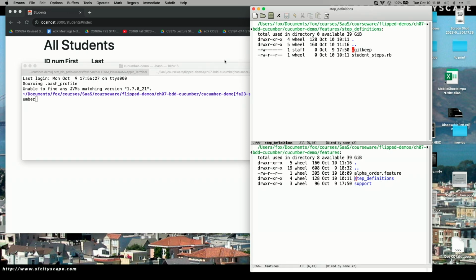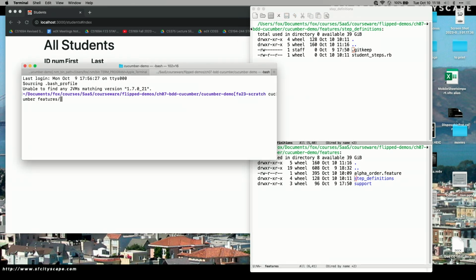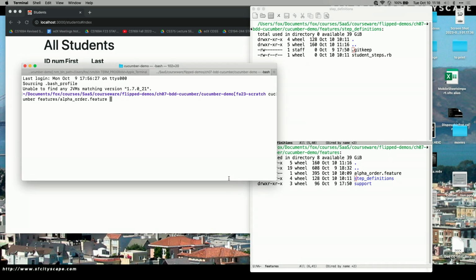And in terms of the features, I can run a specific feature if I want, or I can just say Cucumber with no arguments, and it will try to run every feature in order and log all the results. So for a really simple demo, we're going to try to get this one feature to work so that you can see the moving parts of steps and how they map to step defs, and how the step defs use Capybara to actually do the things that are in the user story. If I try to run this feature,